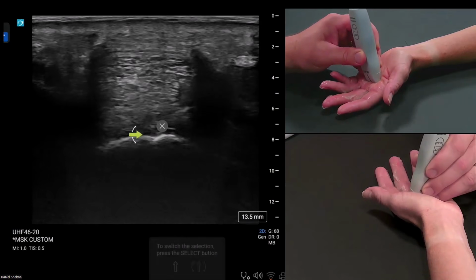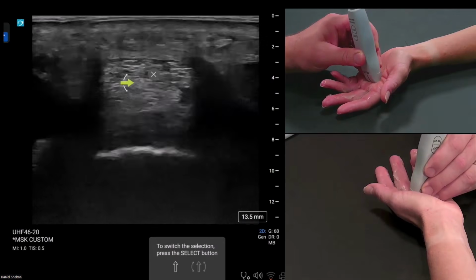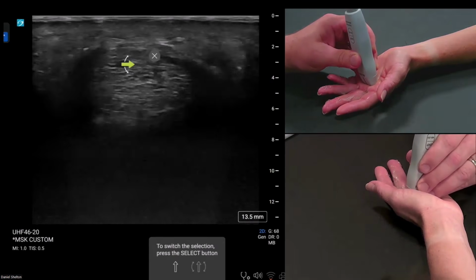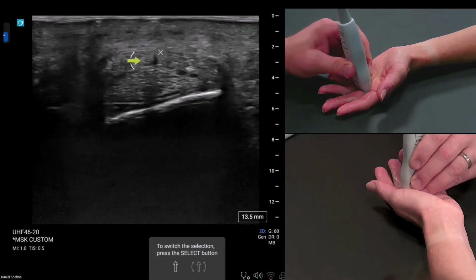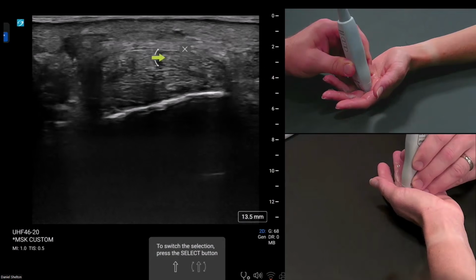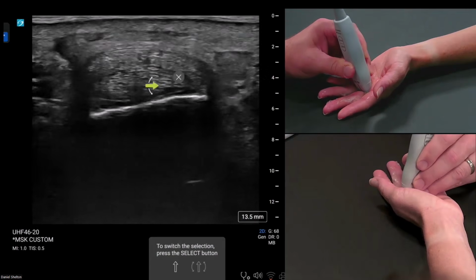And then that tells me that I'm at the level where the flexor profundus on the bottom and the superficialis haven't quite split yet. And if I were to go distal to that, you would see that split right there. Looks a bit like a Mercedes-Benz sign. So we have superficialis, and profundus.